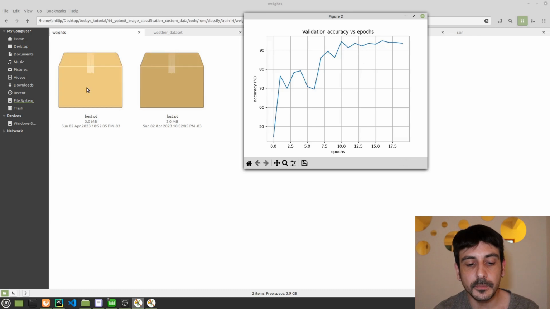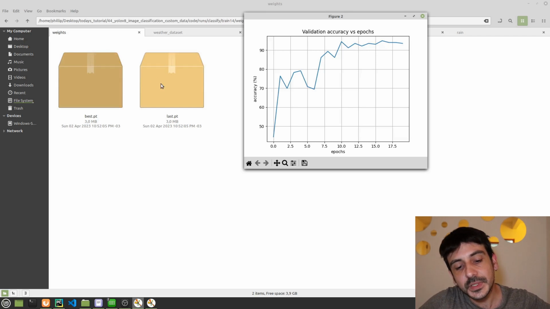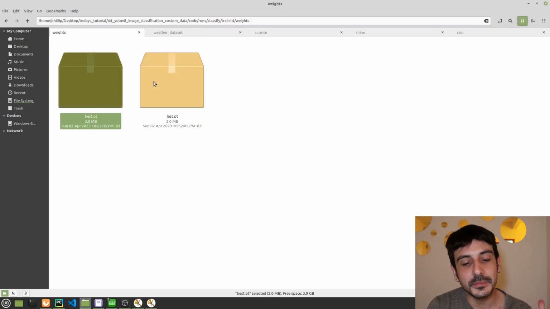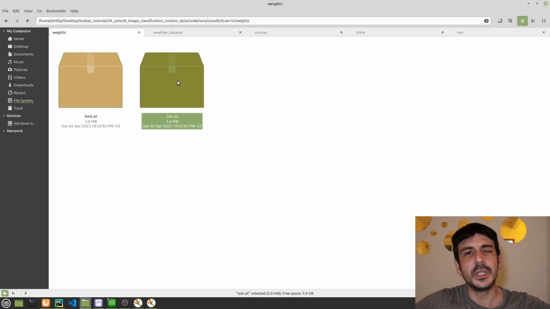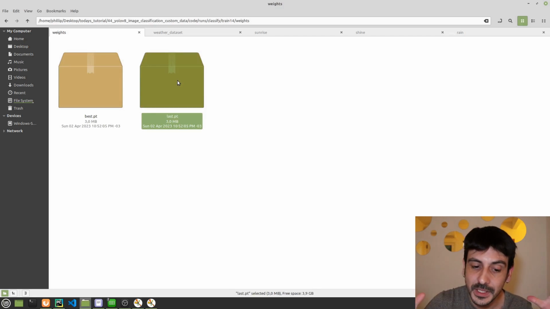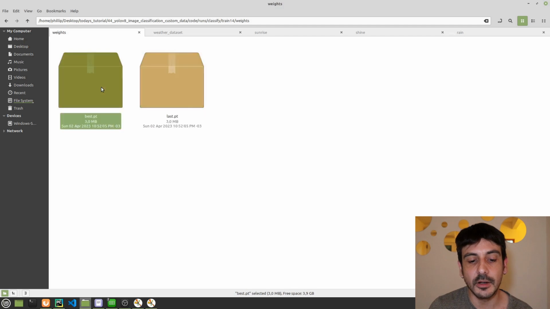But if you want to take the best model, the best.pt, it also makes sense, because you are taking the model which produced the highest accuracy, right? So you can do either one of them, and I think it's a very good option. That's why you have these two files, because you can use one or the other. And I will say that the best decision on which model to use depends on many different things: your data, your problem, your use case, your training process.